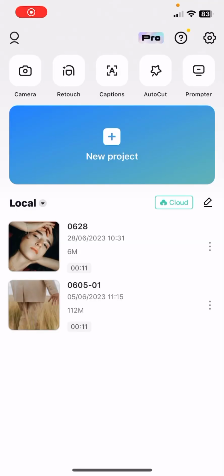Hello guys, in this video I'm going to show you how to add a teleprompter to your videos in CapCut,